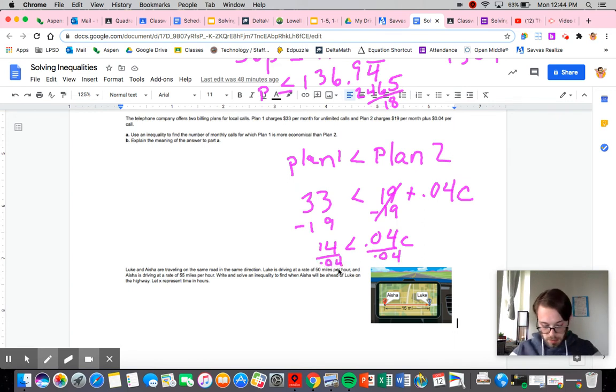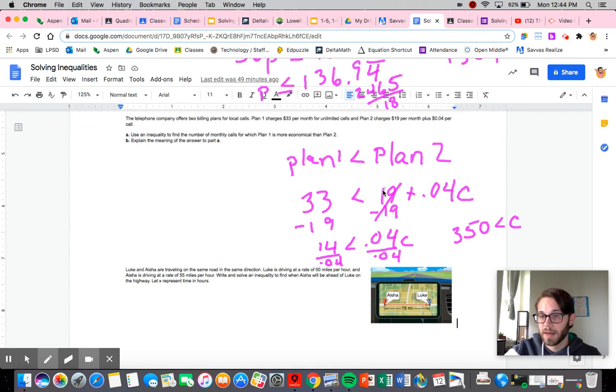14 divided by 0.04 is 350. Okay, so if my number of phone calls is less than 350, right? So essentially what this is saying, if 350 is less than the number of phone calls I make,